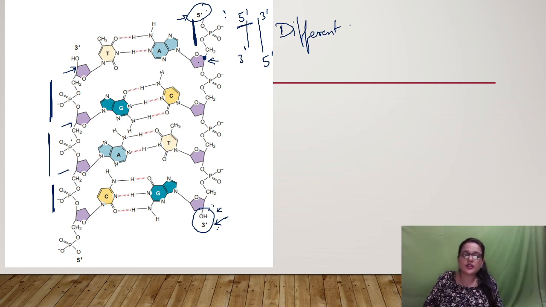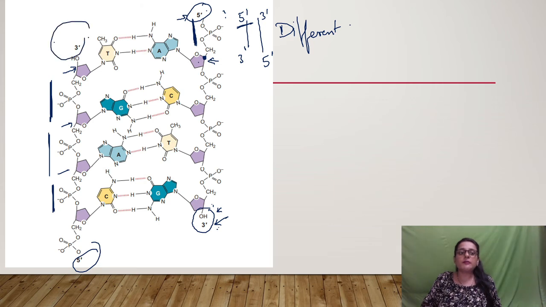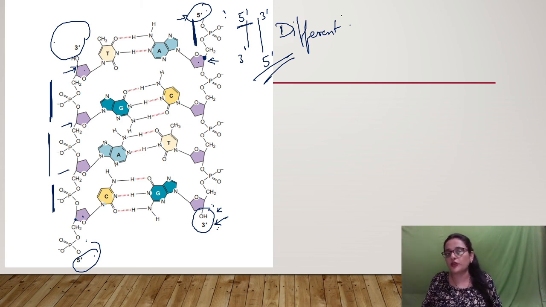And if this strand is 3 prime to 5 prime, this 3 prime means this first sugar is having an OH at the 3rd position, and this 5 prime means this last sugar is having a phosphate molecule attached by means of a phosphomonoester bond with the 5th prime carbon of the sugar. So the meaning of 5 prime to 3 prime is this one, and this arises because of this phosphomonoester bond or phosphodiester bond formation. So I hope the concept of phosphodiester and monoester is clear.